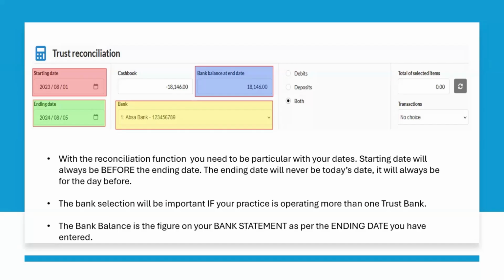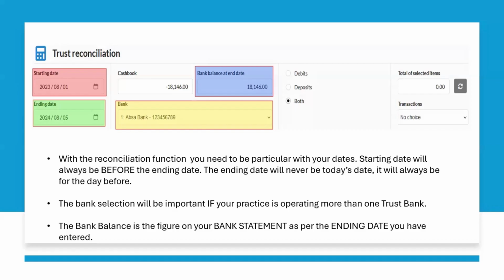So when you look at your month-end reconciliation, we always go the next day and we do a reconciliation for yesterday. We need to be past that specific date, because then we can trust the bank statement with all the transactions on it for the 31st. And I can see if there's anything new, especially bank charges and interest, and then I will allocate them again and I will do a reconciliation.